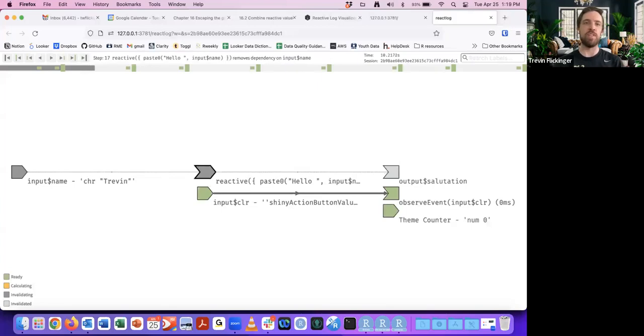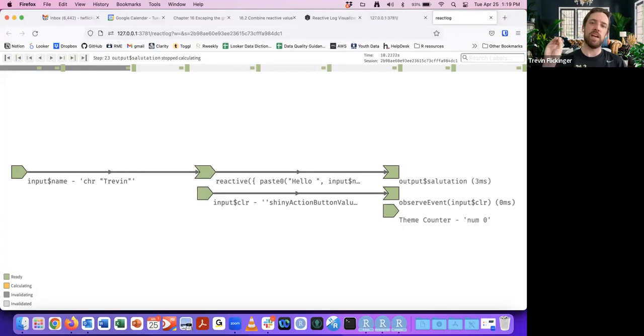Then it'll remove the dependencies. Then the output will start to calculate. It changes color. The dependencies change as well. And it stops calculating. At that point, it's displaying